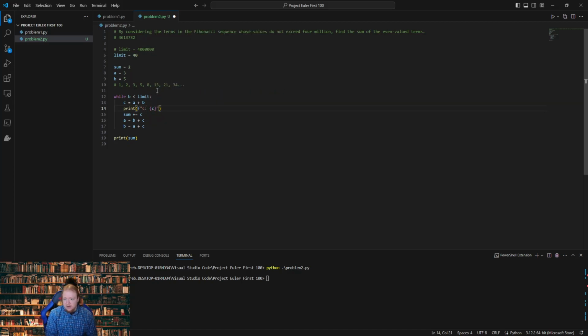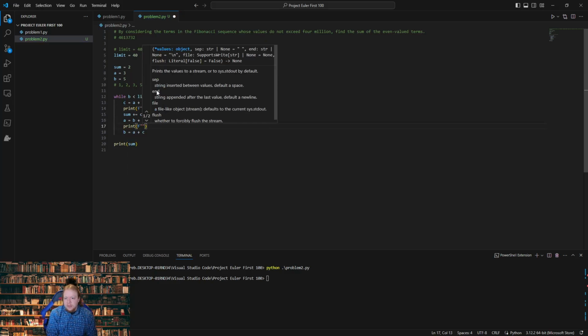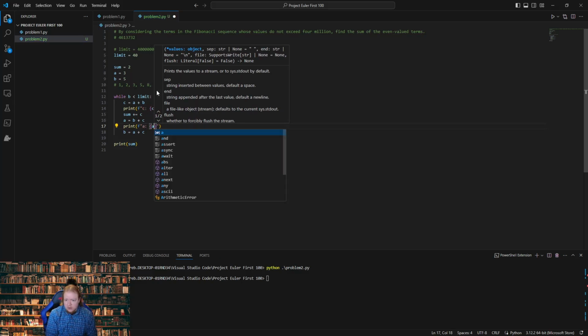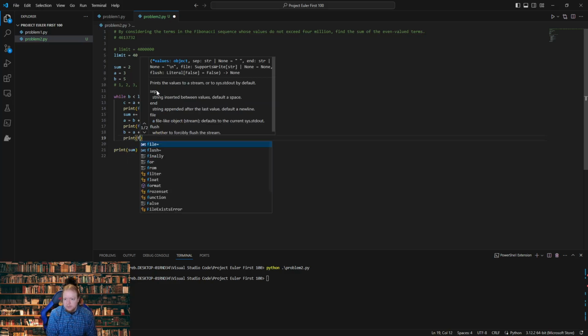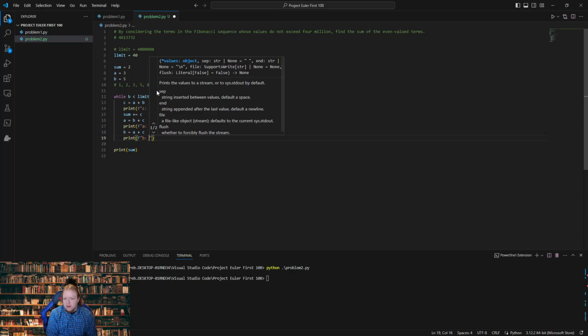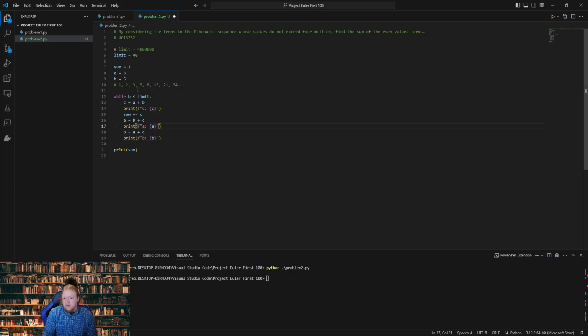C is C. And then A is A. And what we're wanting to see here is B is B. We want, in the first round, right, when we're coming in with the 3 and the 5,